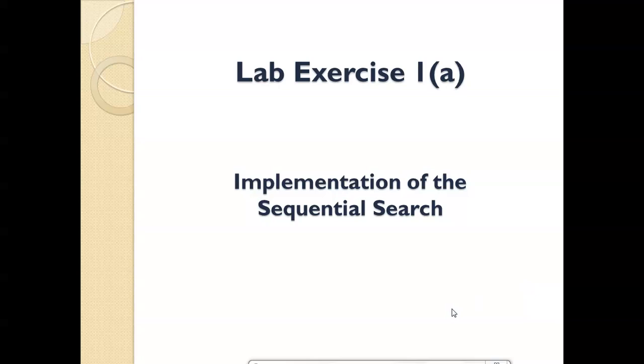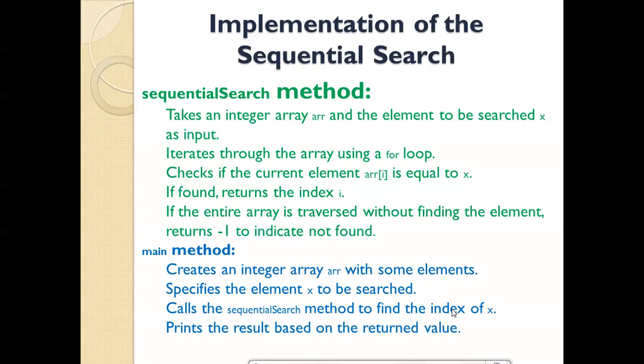Now, 1A is the implementation of sequential search. The methodology of sequential search is a step by step process. That means elements can be searched one by one, whatever we want. First, we have to create an array for the input elements. An array is a sequential storage structure. Array index is 0 to n minus 1. An array can store similar data types. That is the input of